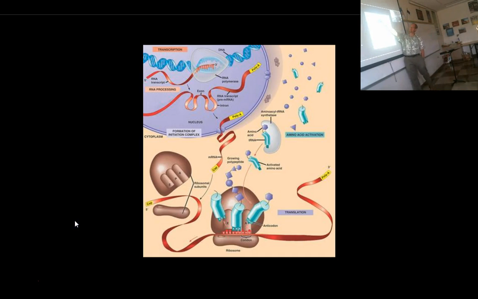So here, this is the whole process. DNA in the nucleus. The messenger RNA is being created there in the nucleus by RNA polymerase. The messenger RNA then slides out of the nucleus and gets read by the ribosome. The transfer RNAs come to the ribosome with the anticodons already, so that they can pair up. The amino acids are a part of that molecule. And the growing polypeptide chain then is going to go and get further processed by the Golgi apparatus.